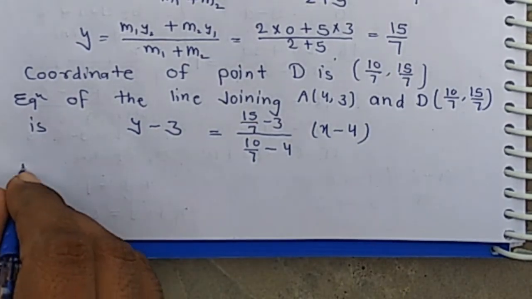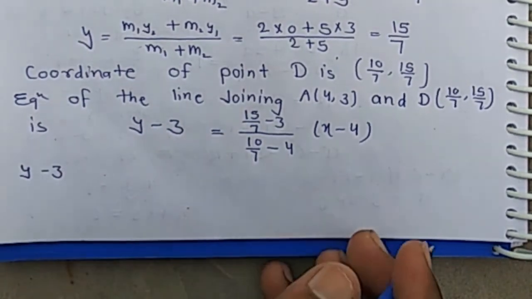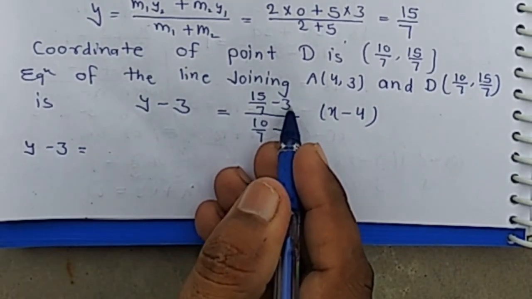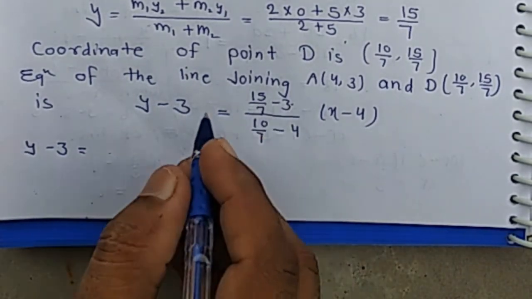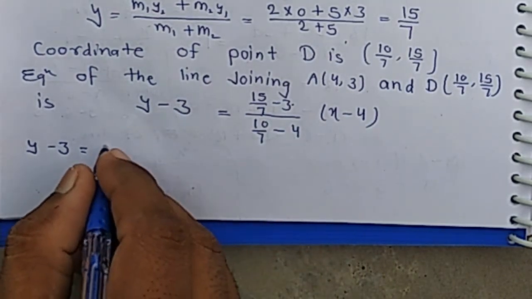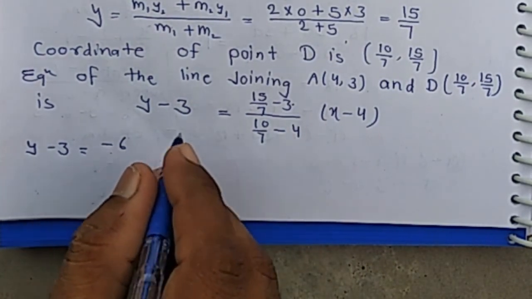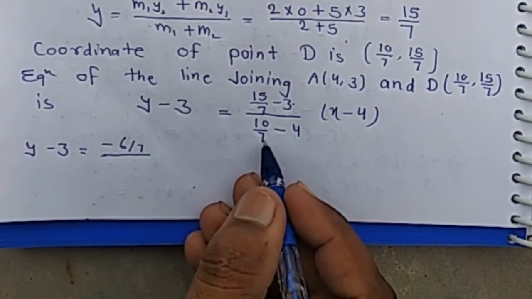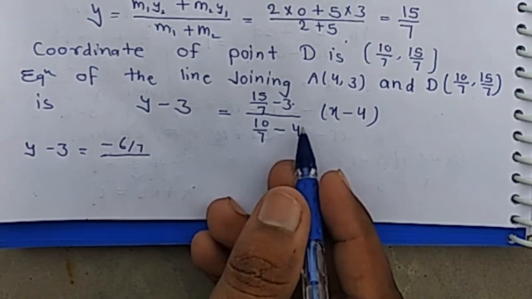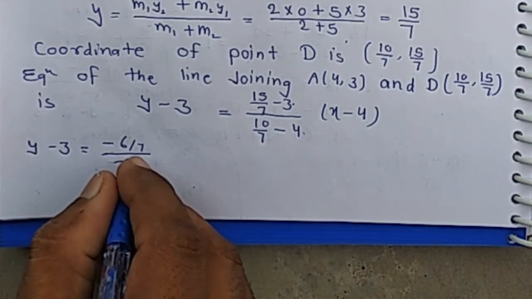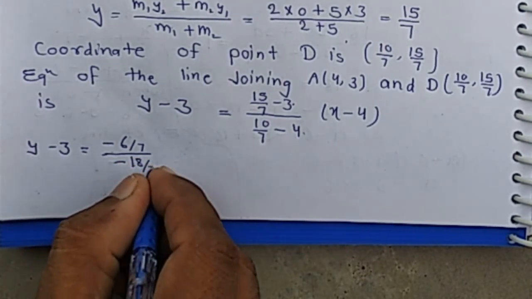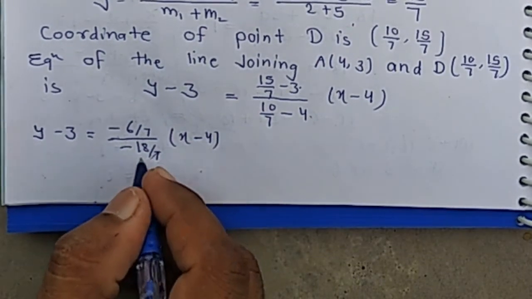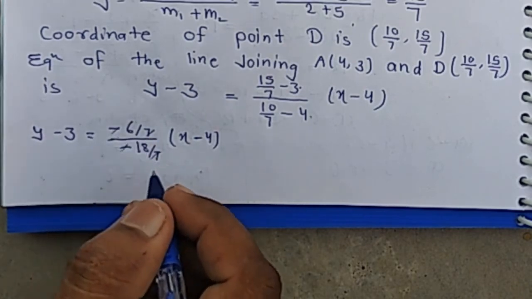Then it is y minus 3 equals (15/7 minus 3), that is (15 minus 21) by 7, which is minus 6 by 7, over (10/7 minus 4), that is (10 minus 28) by 7, which is minus 18 by 7, times (x minus 4). The 7s cancel out, the minuses cancel out,